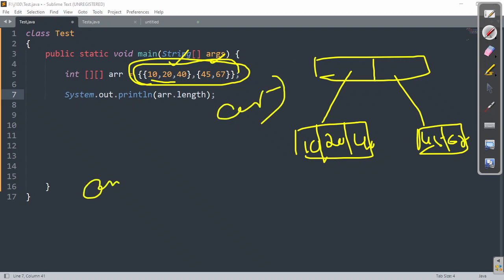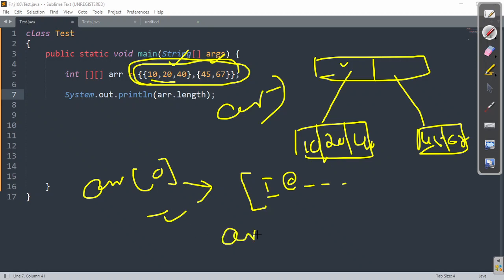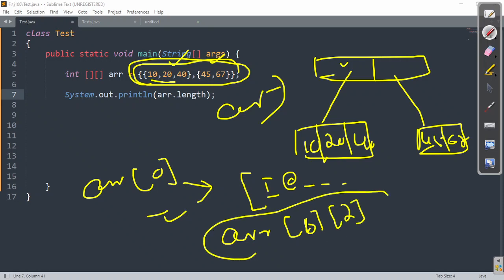So if I print ARR of 0, can you please confirm what will be the output? Yes, you got it right. Open bracket, integer, hash code, right? You are absolutely right. If I am writing ARR of 0 followed by 2, can you please confirm what will be the value?